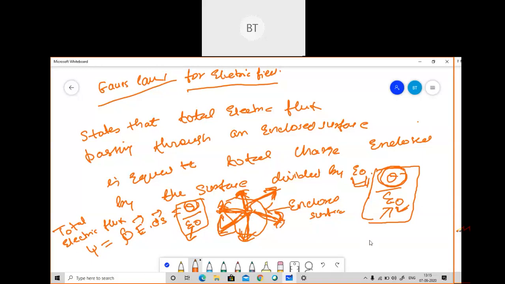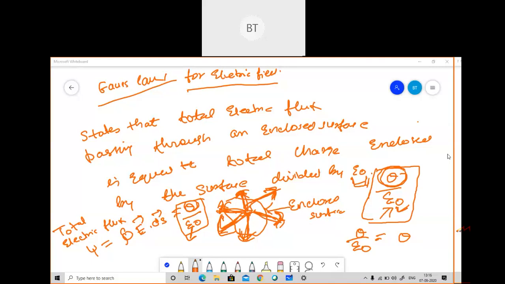In some books it will be written as Q by epsilon naught, and in some books it will be written as Q. So don't get confused, you can take either. This is the basic definition of Gauss law. Based on this, we will solve some problems, and then there will be more clarity. After that, I will take some more cases also. Don't memorize the definition I have written here, you just need to understand it. So, what is Gauss law for an electric field?